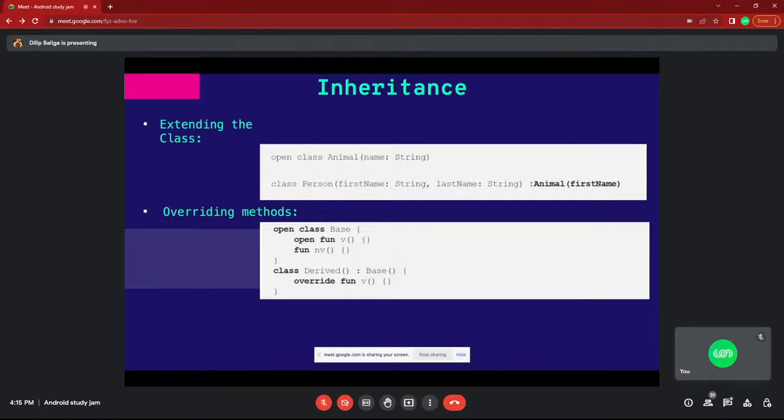That's the advantage, and that is overriding: overriding of that member variable or that function. There are two things: overriding methods, and I can also override my variables, means properties also I can override.